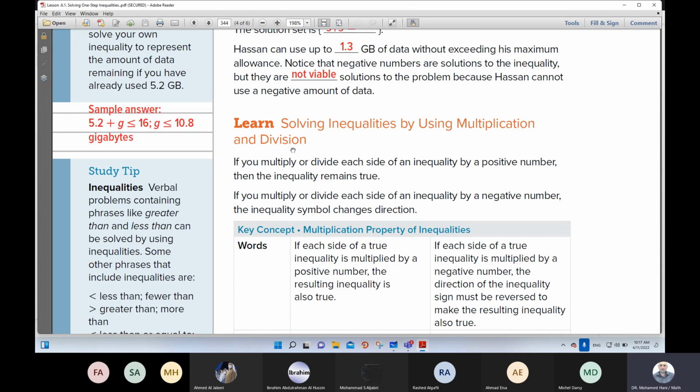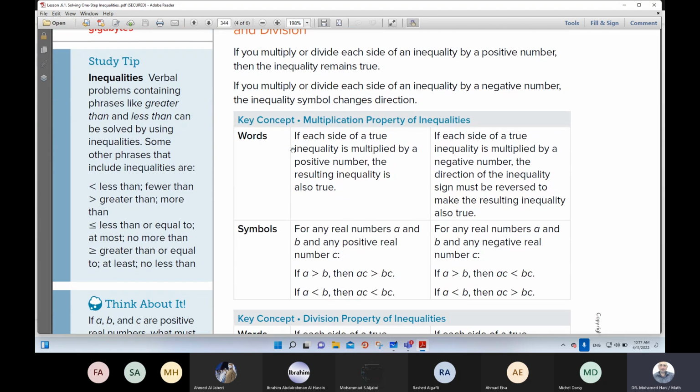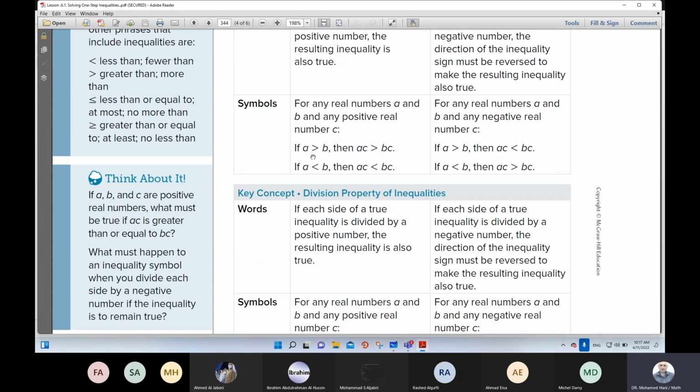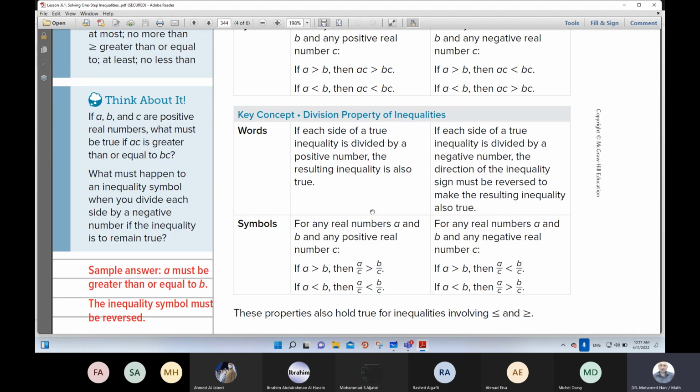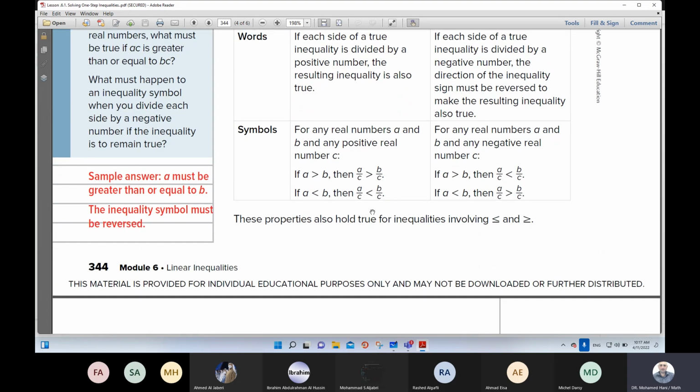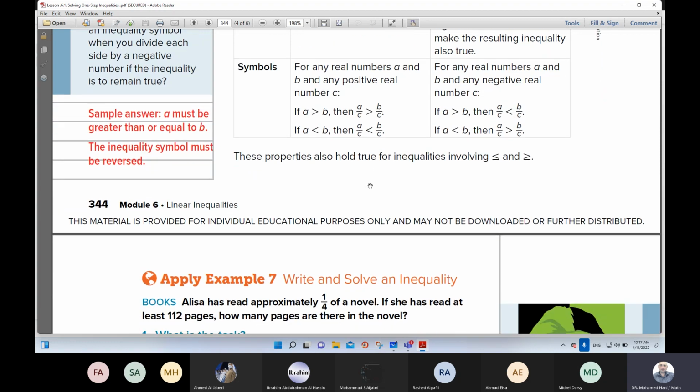Solving inequality by using multiplication and division. As you see here, if you have this inequality, A greater than B, and you multiply both sides by the same number C, you will get a true inequality. And here, A less than B, if you multiply by the same number, you will get a true inequality. If you multiply or divide by the same number, you will get the same inequality. For example,